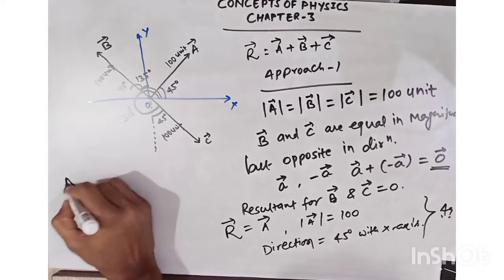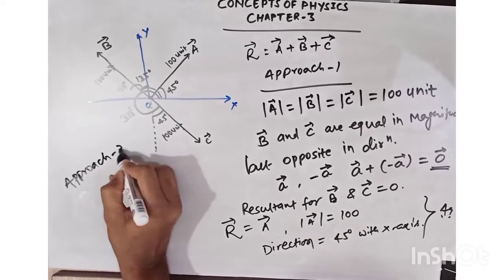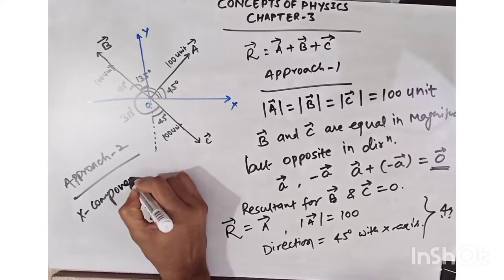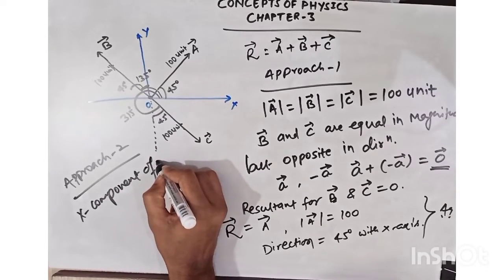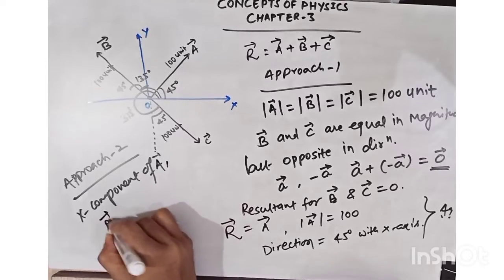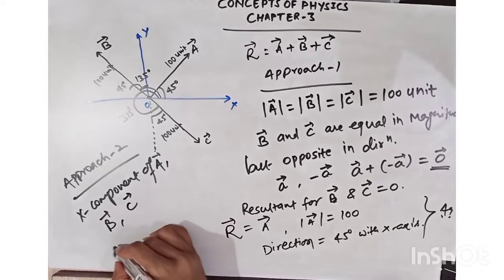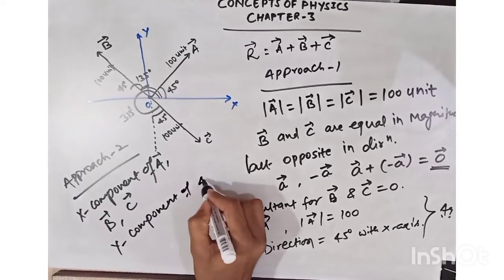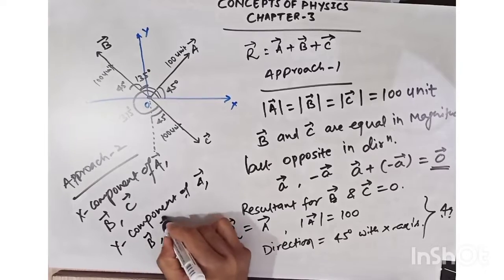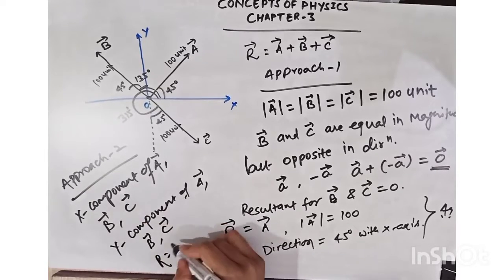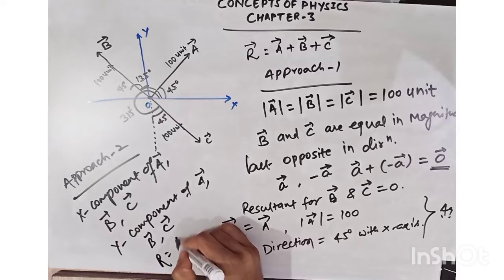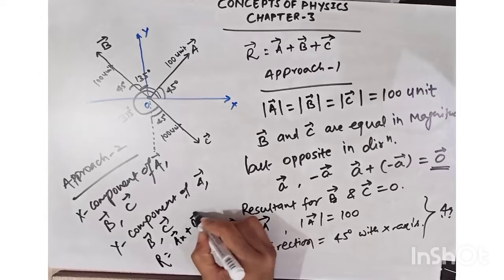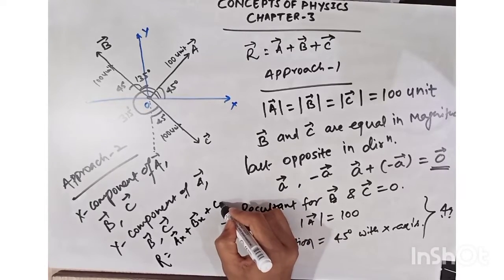Approach 2 could be: find the x component of A, B and C respectively. Similarly, the y component of vector A, vector B and vector C, and then for the resultant you just need to add them up. So x component of A plus x component of B plus x component of C, this would be in the i direction,